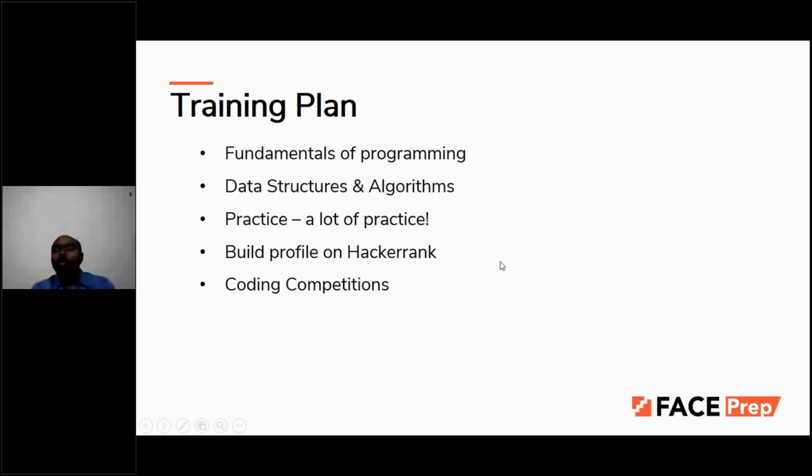Right. Now, the next important thing is coding competitions. See, for a student who is currently moving into his final year, that's the 2022 batch, they're almost getting into final year. Now, it might be a little late to get into competitive coding. Probably, one or two good options for them would be, let's say, TCS CodeVita or Hack with Infy, or competitions where they even have a good chance of landing a job. From that perspective, coding competitions will work. But